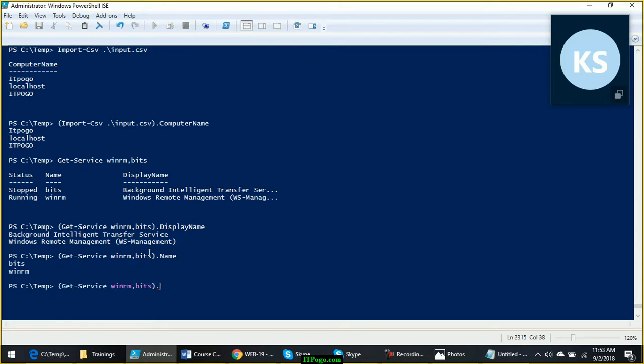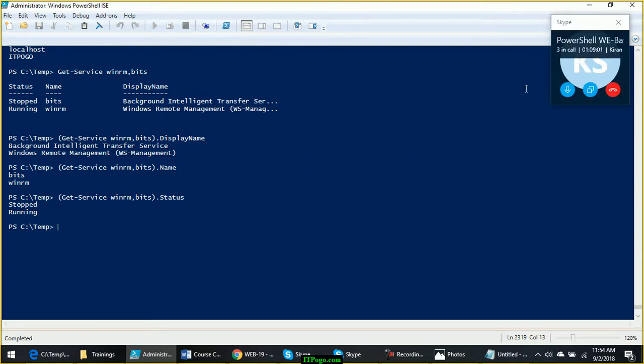If I use Status, it will just show me the status. It will not show me the complete output, it will just show me what I have selected from one single property. This is called extracting value from a single property. And remember, this is not supported in PowerShell version 2. This is available only in PowerShell version 3 onwards.